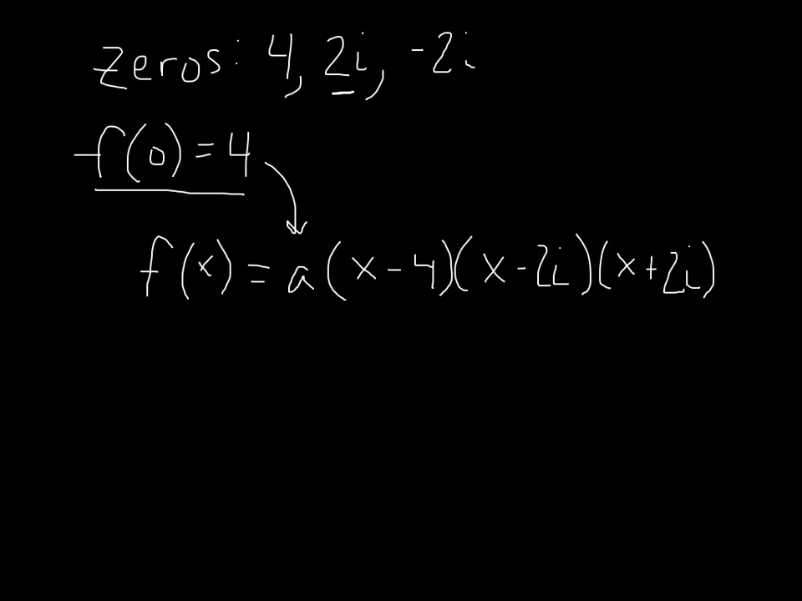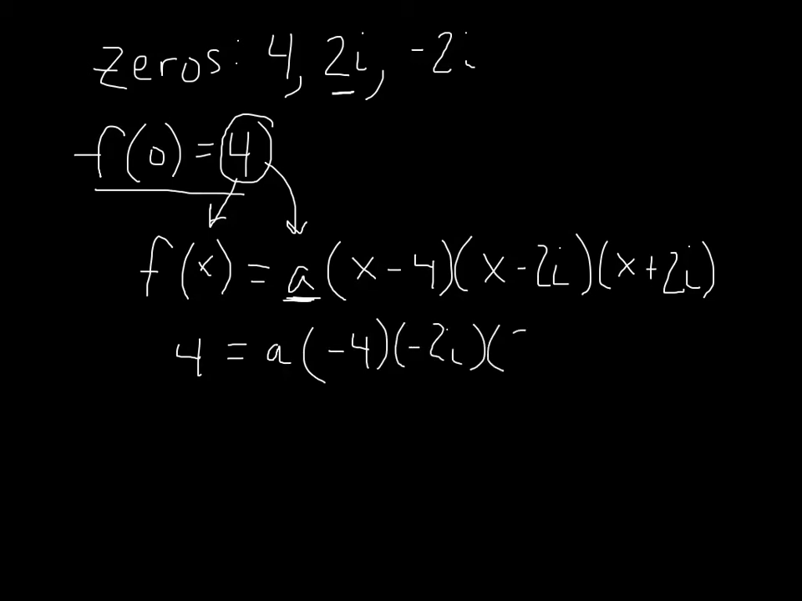The very first thing you're going to do is you're going to solve for a. When you solve for a, you have, again, this will always be plugged in here. So if your function equals 4 when x is 0, we have a. And then when you plug in 0 for x, negative 4, negative 2i, 2i. So continuing to solve for a, we have 4 equals